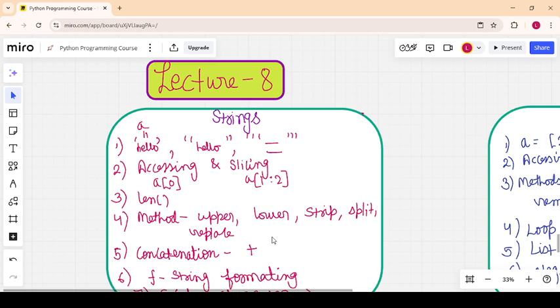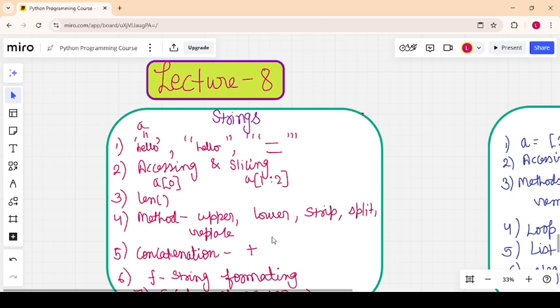In this lecture, I will discuss the concepts which I discussed earlier in previous lectures, such as string, list, tuple, set and dictionary, and what is the key difference between them. This lecture you can consider as a summary of the lectures which I taught you previously. So let us start this lecture.